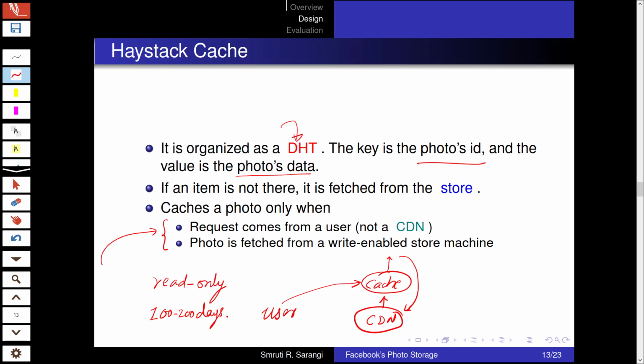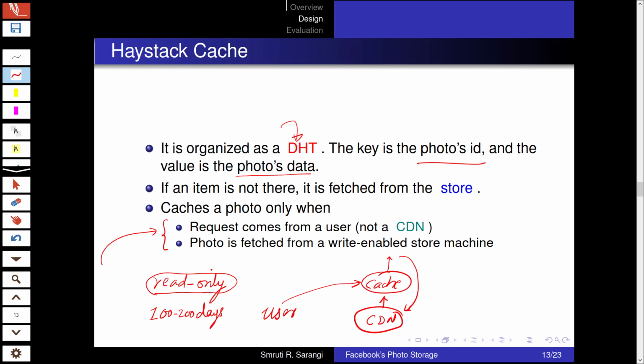Once photos are not used anymore, we configure the system such that the logical volume fills up and it becomes read-only. And at that point, what the engineers of Facebook actually saw is that we do not need quick access to these photos, because users very rarely look at photos that are more than 3 months or 6 months old.